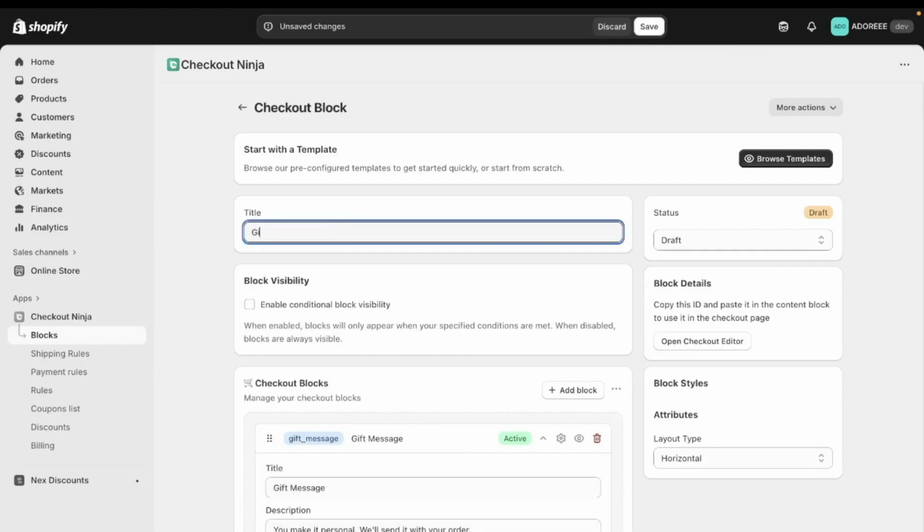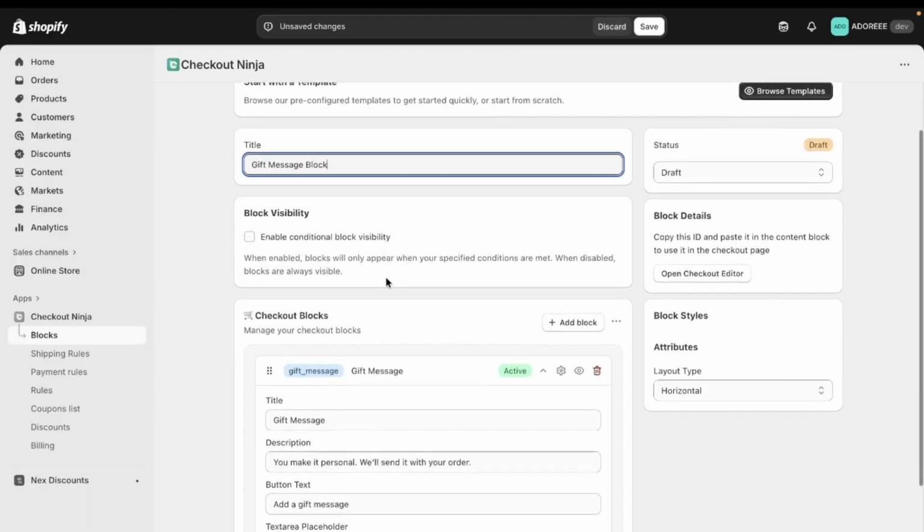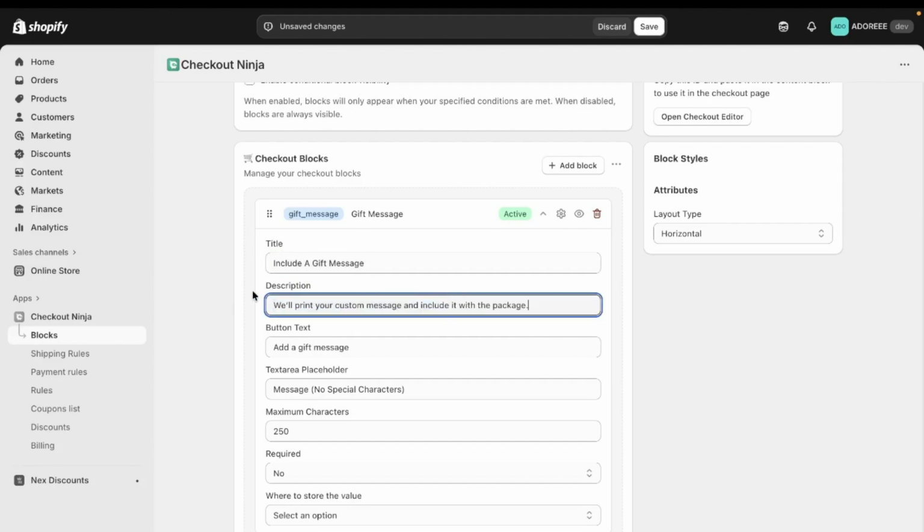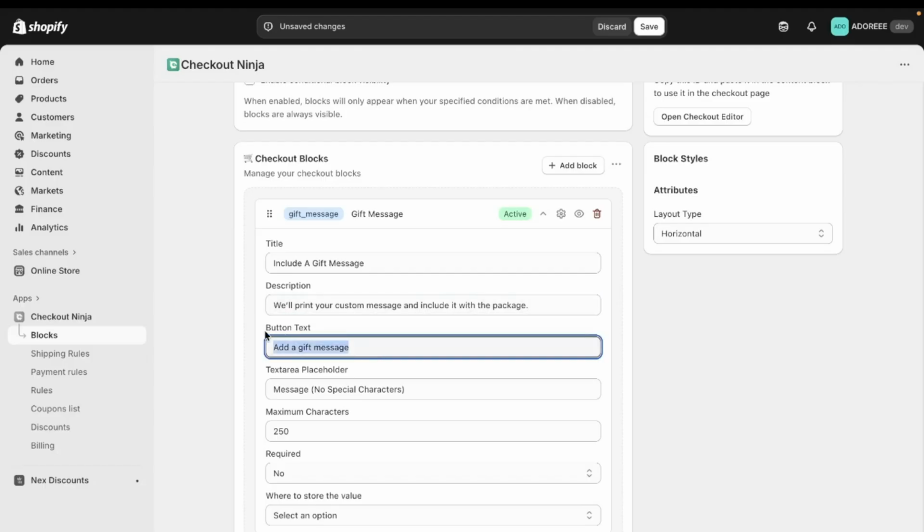First, you have to give a meaningful title so that you can easily identify this from your list of blocks. I'm just giving Gift Message Block as the title. And then we can give a title, let's say, Include a gift message. And then you can give some description. I'm just giving, We will print your custom message and include it with the package. And the button text also we can customize. Let's say,